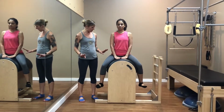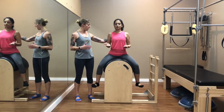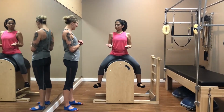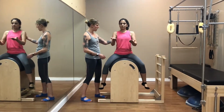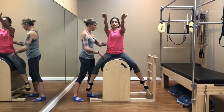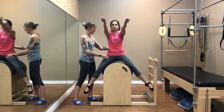All right, so from here, you're going to make sure that your toes are pointed forward so your feet are parallel and they're flexed. You're gonna start with the elbows bent, palms facing forward, shoulders are down. You're in a nice tall neutral spine. Now to initiate this is a scoop of the tummy. So as you start to reach your arms forward, pull the navel in, scoop like I just punched you in your gut, straighten the legs, round that back, round, round, round, that's it,